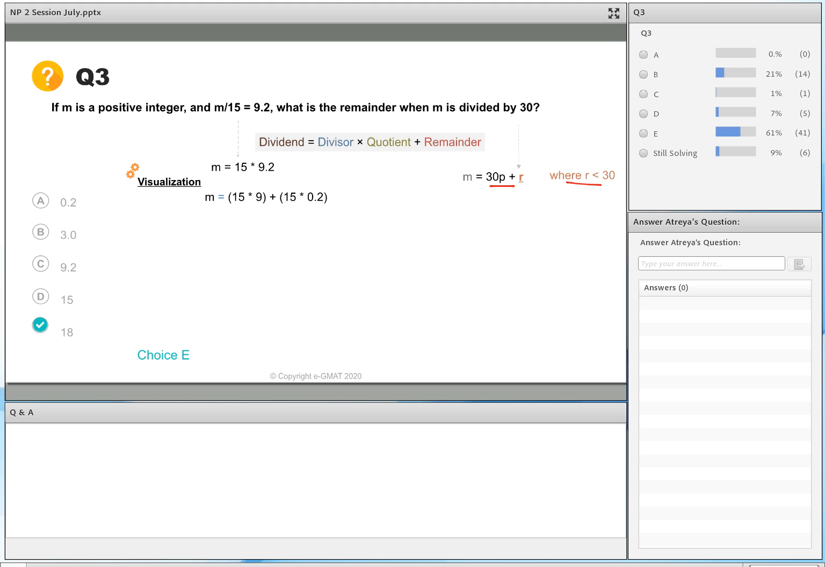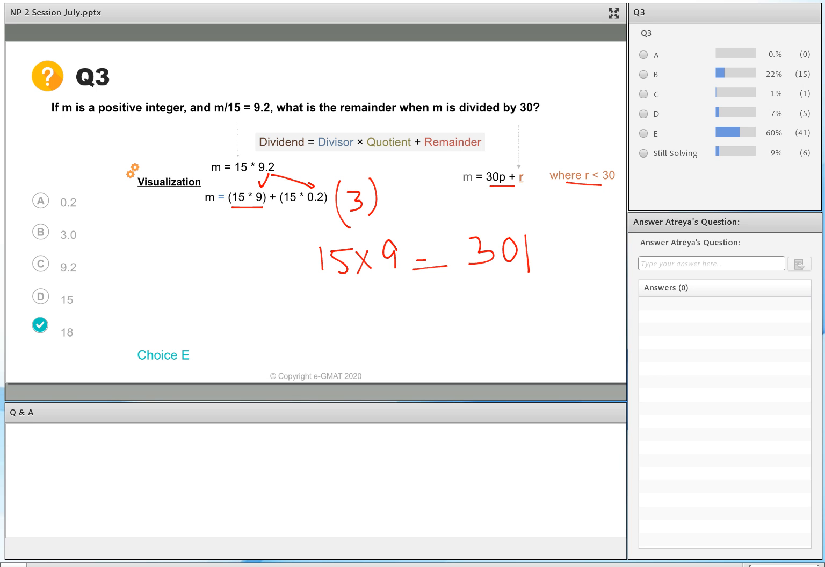So 9.2 divided in two parts. One is 15 times 0.2, that will yield a 3. One is 15 times 9. Okay, so what do I have? I need to convert 15 times 9 into 30. So what do I have over here? I have a 3 from 15 times 0.2. From 15 times 9, I need to convert this into